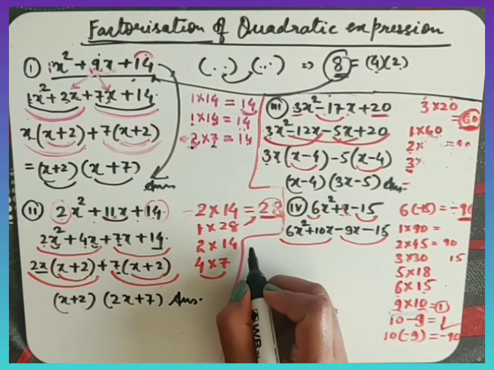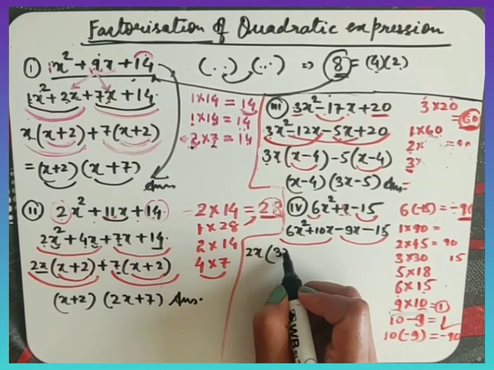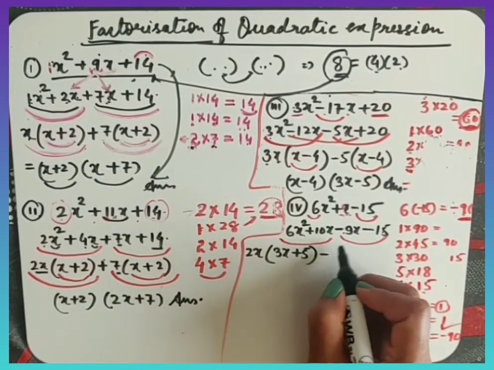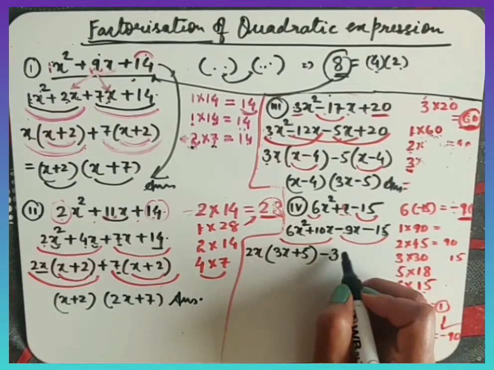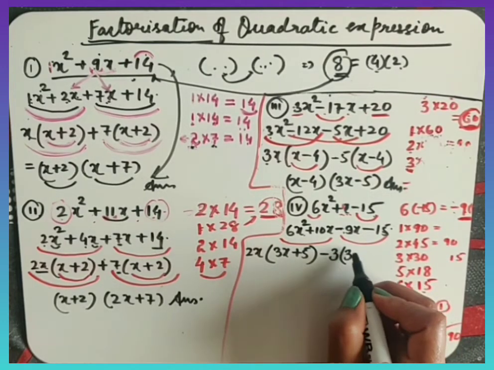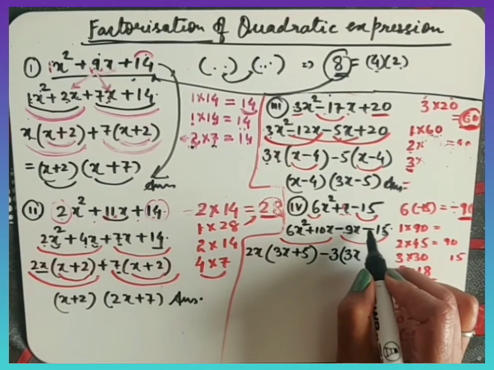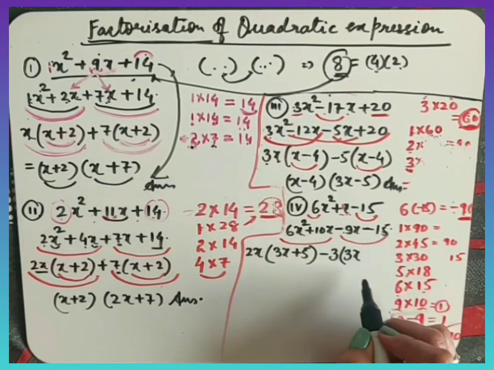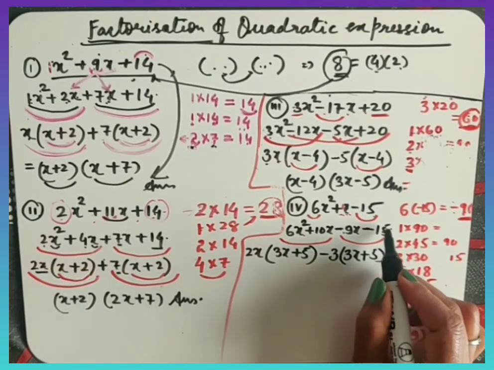From these two terms I can take 2x common, so here 3x plus 5, and from these two, minus 9 and 15 are there, so I can take minus 3 common, but I can't take anything in terms of x because this term has no x. So minus 3 common, here 3x is left because 3 multiplied by 3 will give you 9. And as I explained earlier, if you take minus common, whatever sign is here will change to the opposite. So minus will become plus, and 3 multiplied by 5 will give you 15.